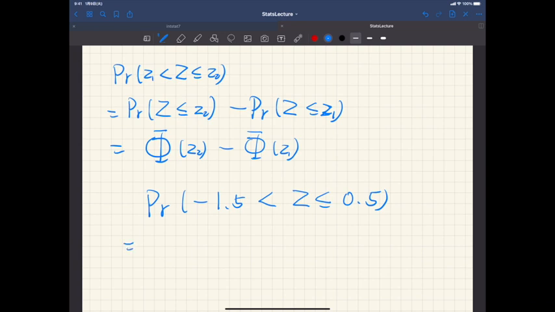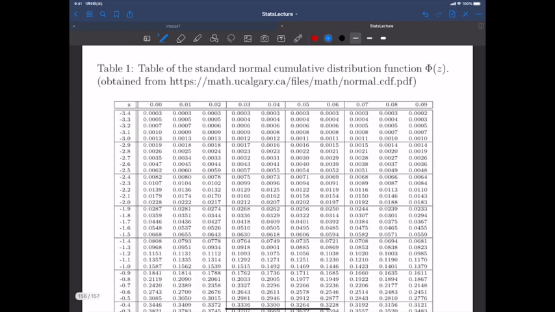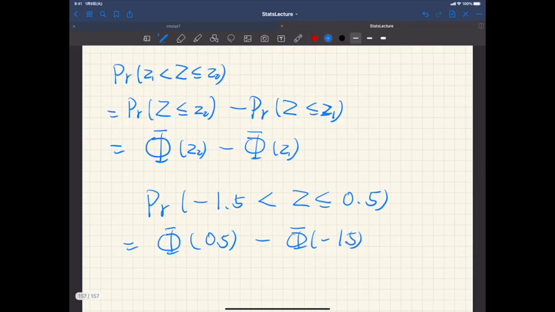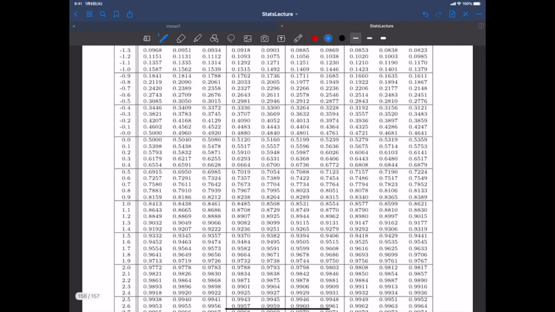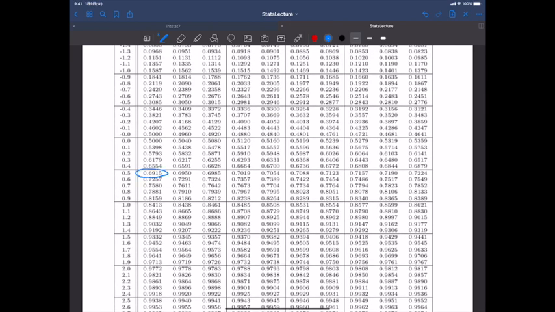Then you can calculate this as phi of 0.5 minus phi of negative 1.5. So let's look at the table. 0.5 is here, so that's